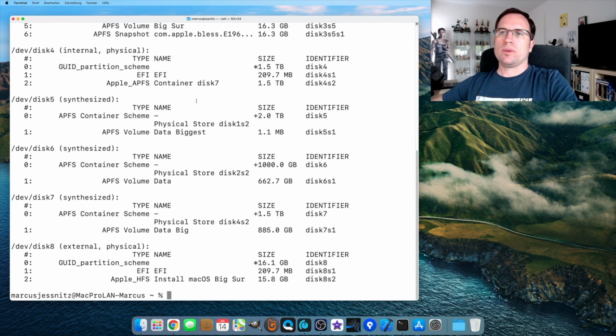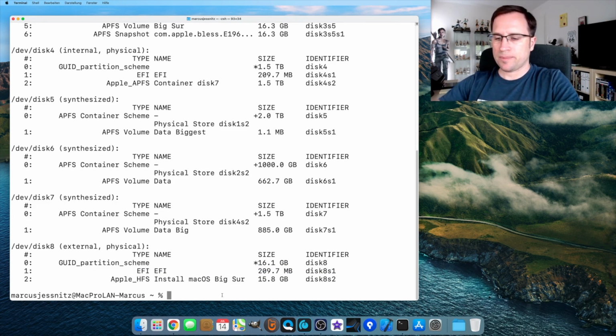So, but we want to do it on the USB drive. That's the external physical down here. And there's the EFI partition that is called disk8s1. That's the identifier we need. And we have to mount to be able to access the EFI drive and to exchange the config plist file.